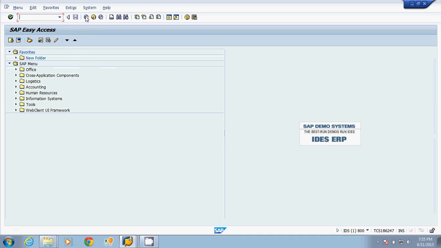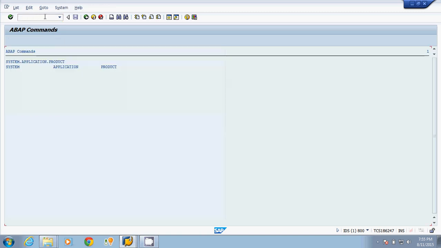So rather than going to the SE38 transaction code, providing the program name, and then checking the output of the program, I have created a transaction code for the program, zabap_com. If I provide this transaction code, it will directly give me the output of the program.